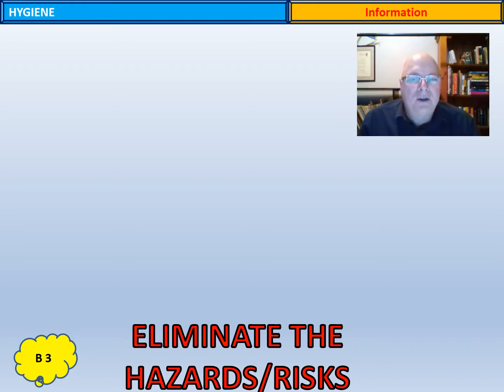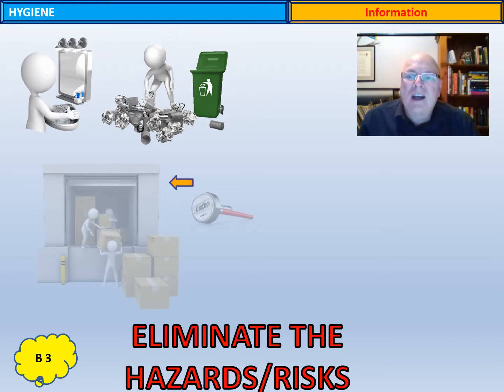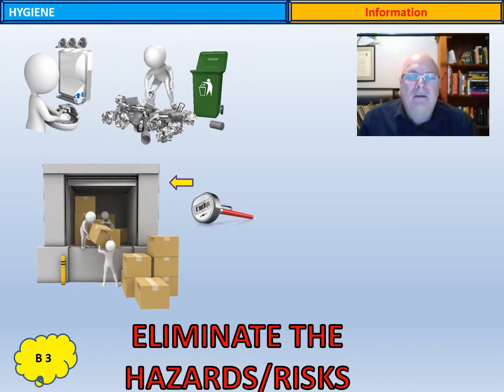This is what you need to do to minimize any personal hygiene hazards. Always maintain the highest level of personal and environmental hygiene. The employee, that's the worker, has the responsibility for eliminating and controlling many of the hygiene hazards, such as emptying the garbage and washing their hands afterwards, checking the packaging and temperature of meat deliveries, storing it quickly and at the correct temperature, and reporting any problems with the packaging or temperature to the supervisor.